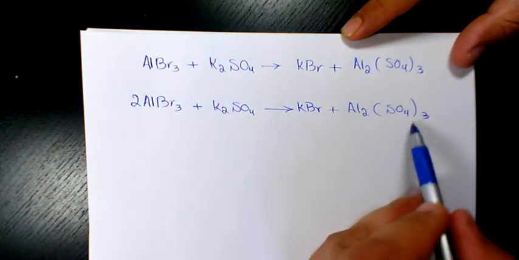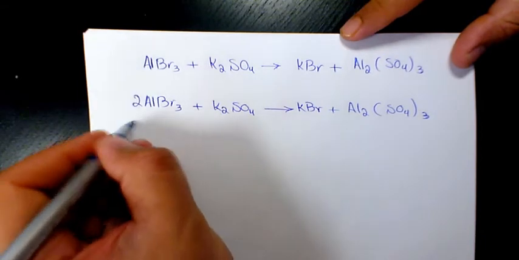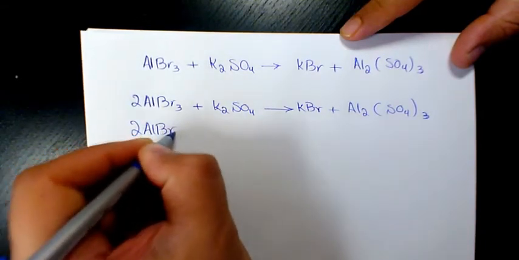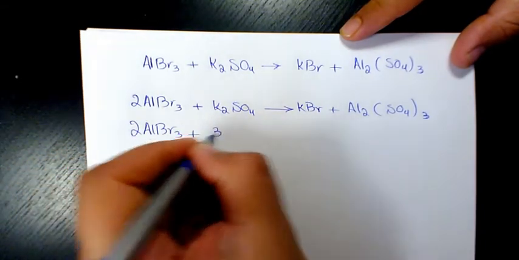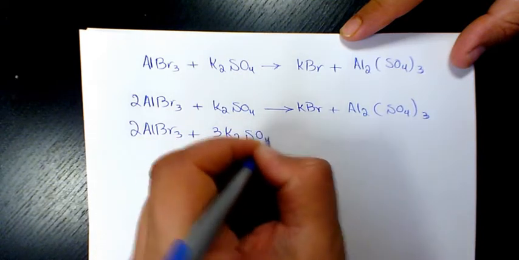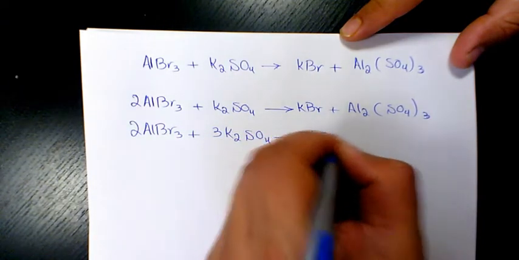Then we have 3 in here. We should place 3 in here as well. So 2AlBr3 plus 3K2SO4. It's going to give us KBr plus